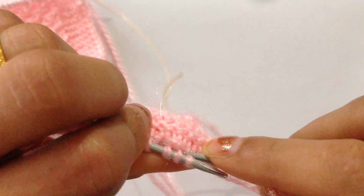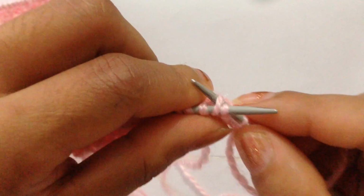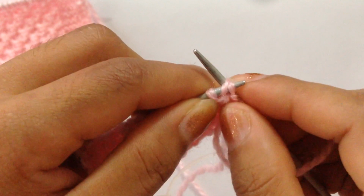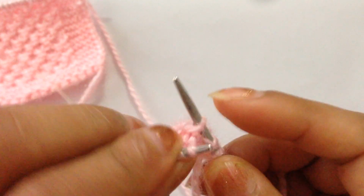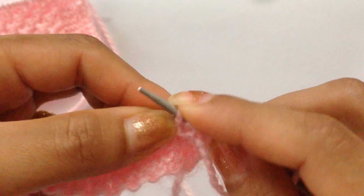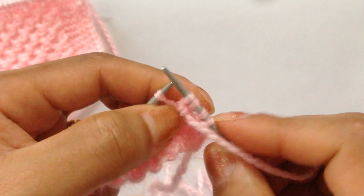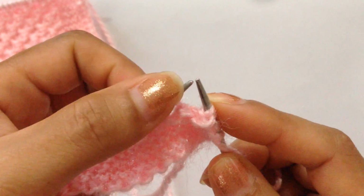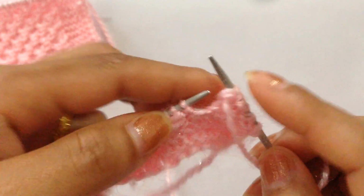and now we're going to insert our needle into that first attached stitch like that from the back loop, right? And now we're going to slip off this stitch like that and place it back like that, and then you're going to bring this stitch forward and then purl that stitch like that, and then you're going to purl that stitch too, and then we have these 2 stitches, 1 attached stitch and 1 next stitch. Now we're going to purl that stitch first and then purl this stitch like that, right? So that's one repeat, and we're going to repeat that